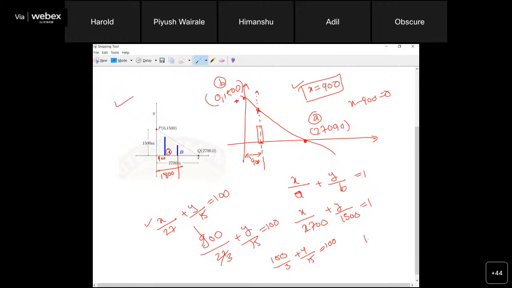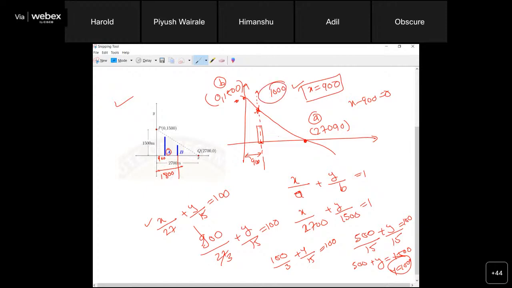So just put it, it is 1500, 500. If I want to make the denominator the same, I need to multiply with 5, right? So it is 500 upon 15 plus y by 15, right? Are you getting what I am doing, everyone? So this is 500 plus y equals 1500. So y is basically 1000. So this is the maximum height. If we go beyond this height, my plane will crash with the tower, right? So maximum safe height is 1000 only.